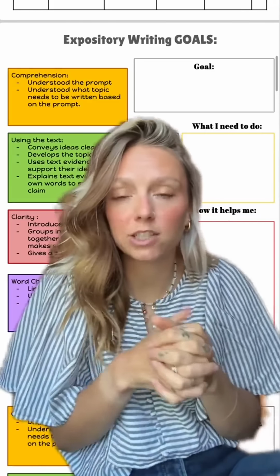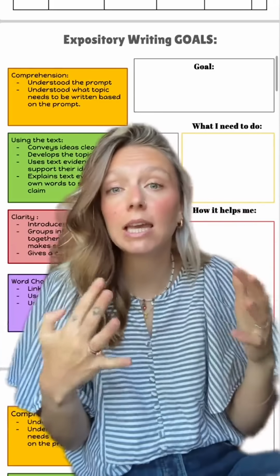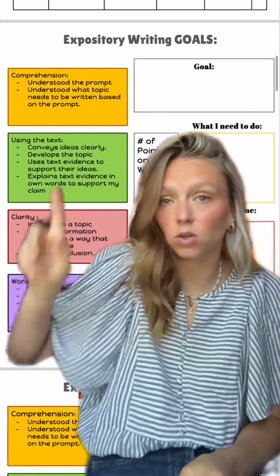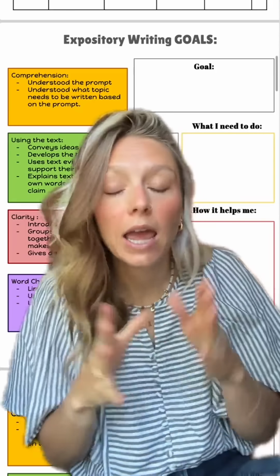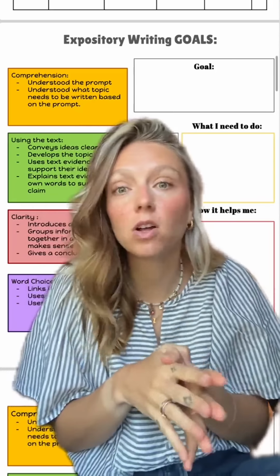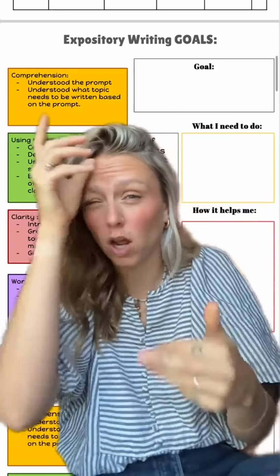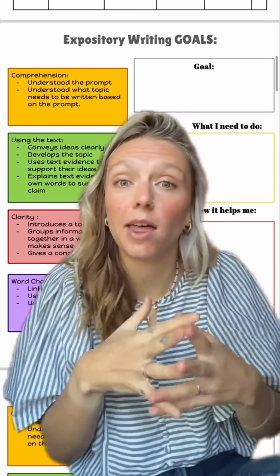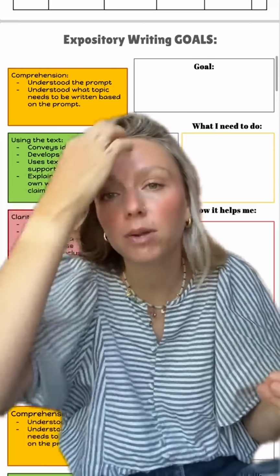Another piece of all of my data tracking folders is a goal setting sheet, and this is specifically related to the rubric, and so it has the rubric broken out with little goals that go with each section of the rubric. And for my students who are significantly behind grade level, I really focus with them. I meet with them one-on-one to come up with this goal. I don't just have them do it on their own, and we really talk about, okay, what things can you do, especially when it comes to writing.